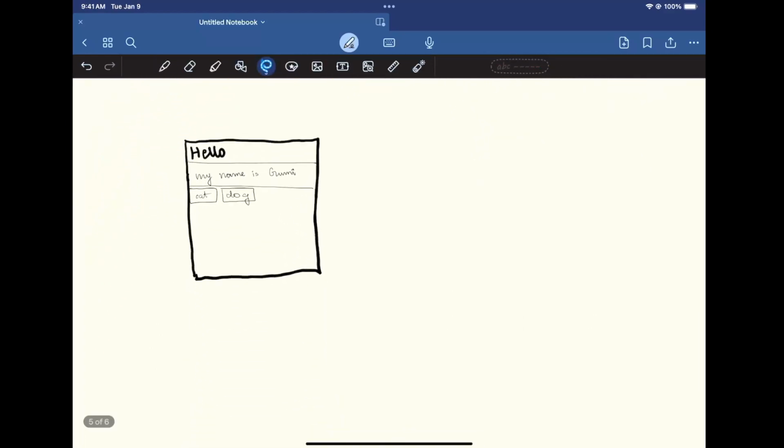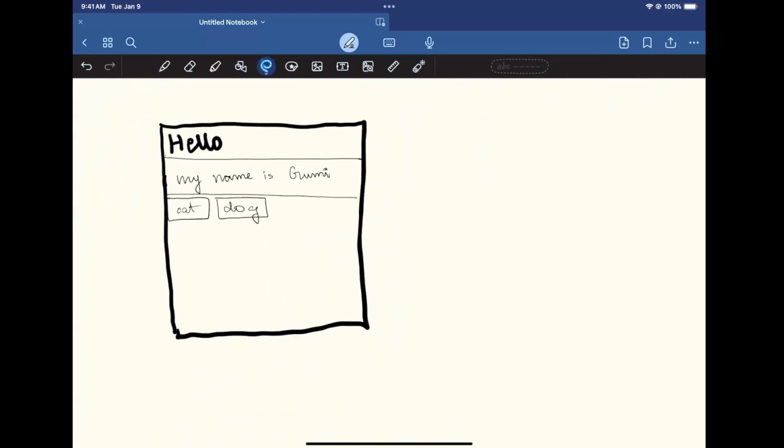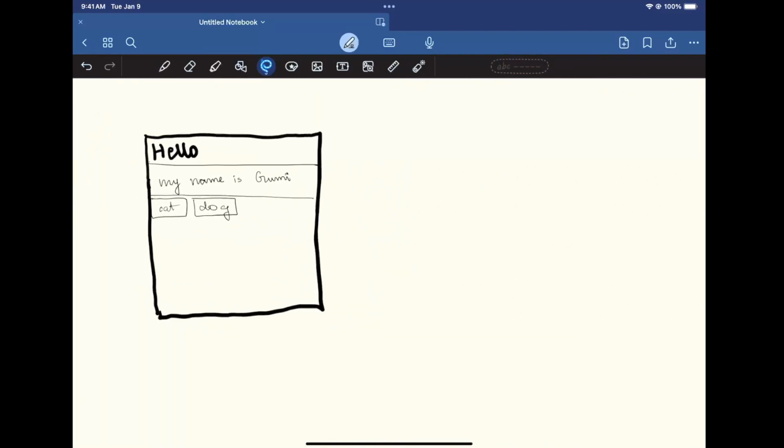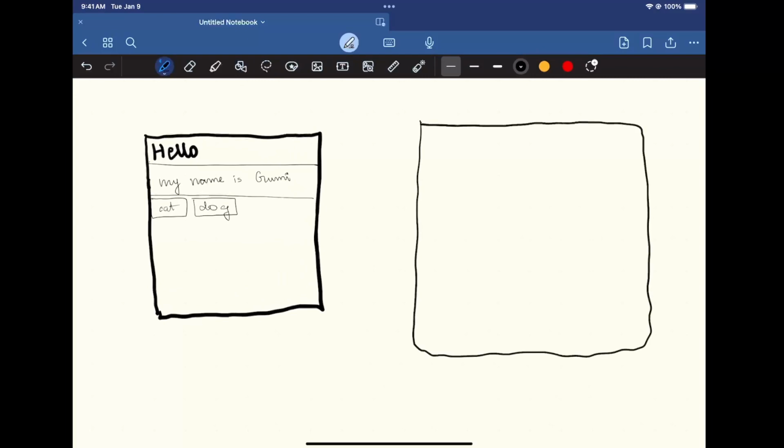Now, if I asked you to make this, how would you go about it? First, you're going to make the outer box, like so. And then let's make that outer box in HTML. And then you're gonna define that this upper box is reserved for hello. Then you're gonna reserve this, write in my name is Gumi,